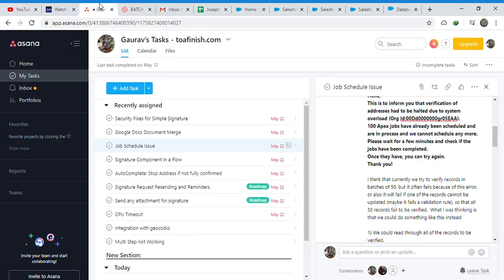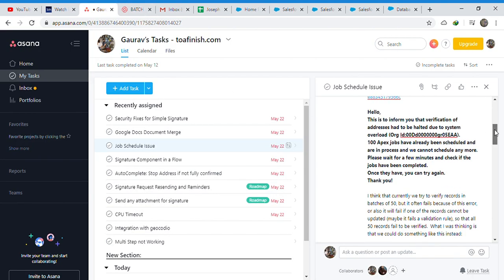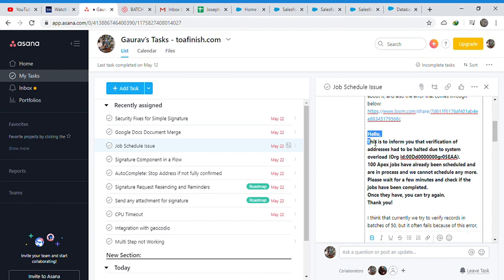The second issue that I want to discuss is this email which we get. As I previously mentioned, I think we get this email when the user imports a large amount of records, because this happens, or they have a lot of batches running in the Apex job. So this is the mail we send from our trigger.